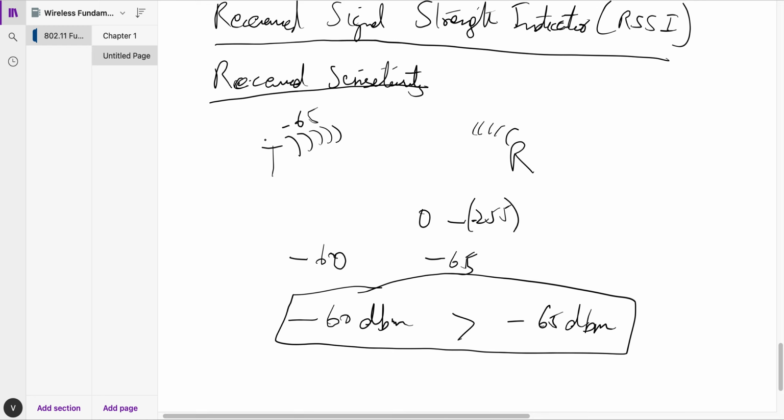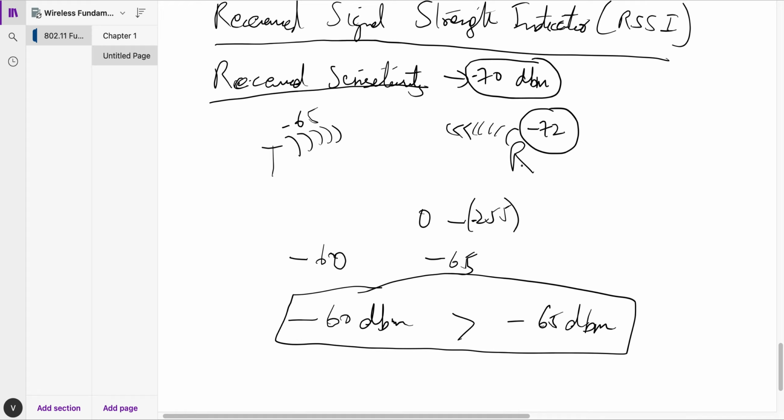If my transmitter is transmitting at minus 65 and my receiver is receiving at, let's say, minus 72, which is good enough for me to comprehend what the transmitter was trying to say, then I'll be able to decode the signal and convert that into zeros and ones, and then basically make sense of the data that is coming towards me. If my receive sensitivity is minus 70 dB,